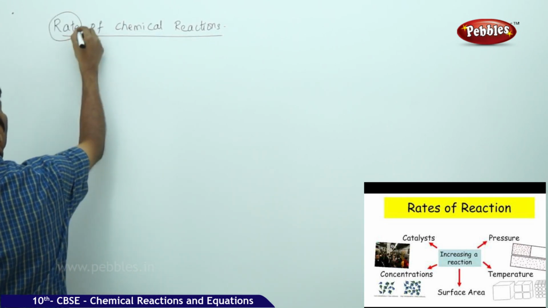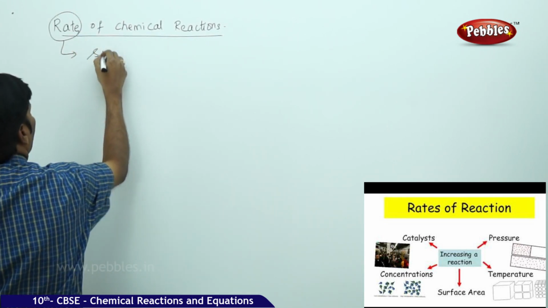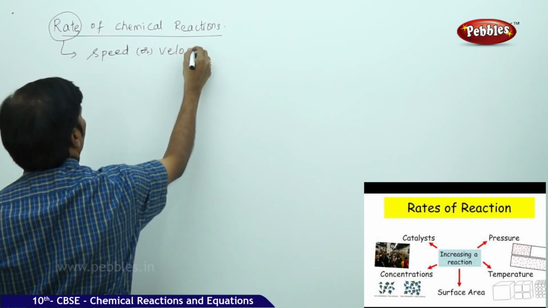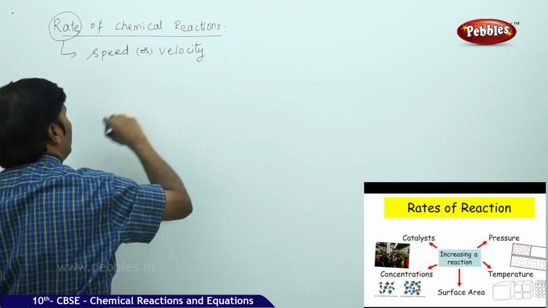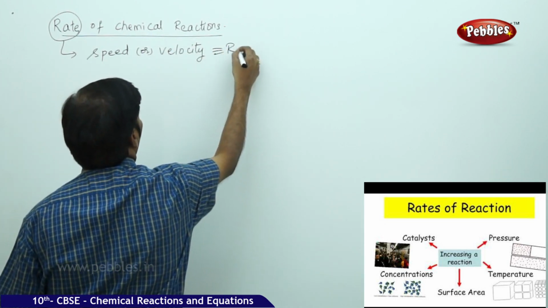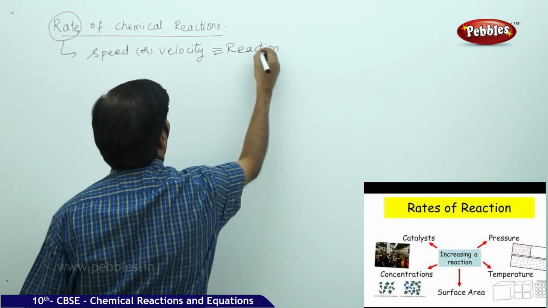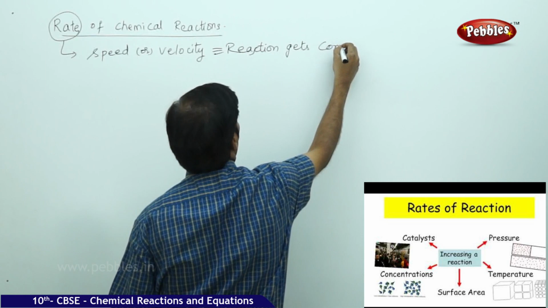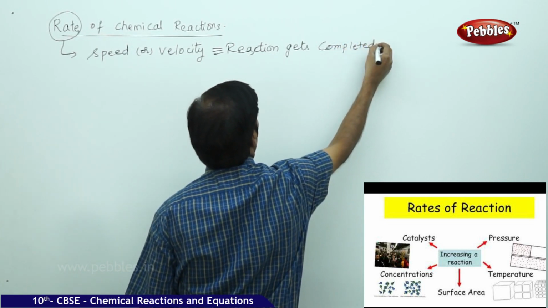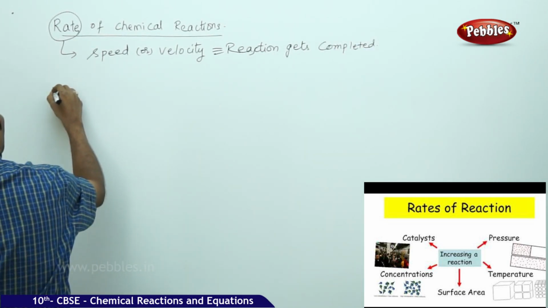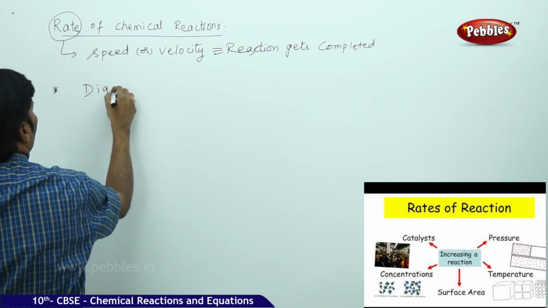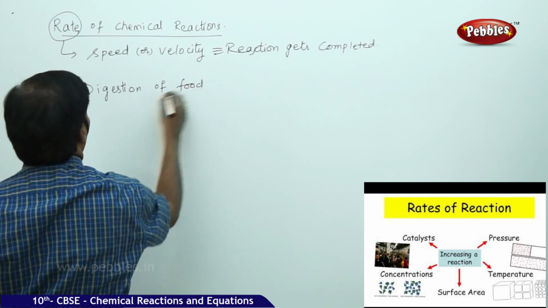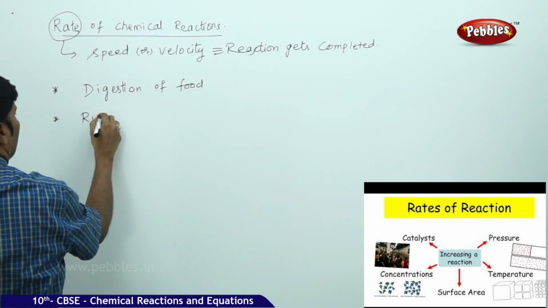By the word rate here we mean the speed or the velocity with which the reaction gets completed. Take these examples, random examples I am going to give you: digestion of food, rusting of iron,